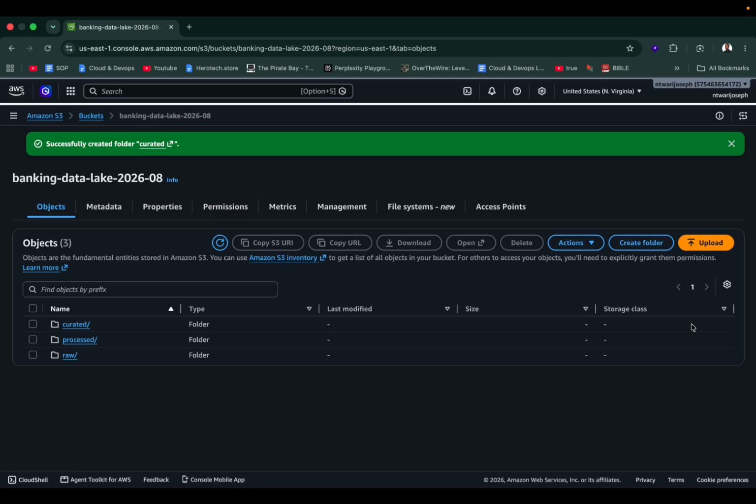So at this point, our data lake is still empty, but the structure is now ready,